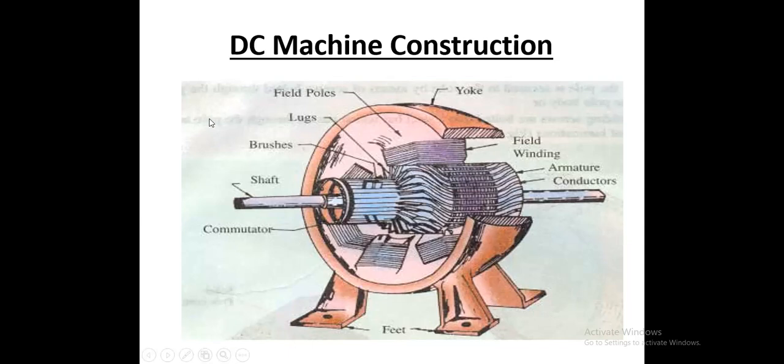Anyone have any idea why we connect or place a bearing in this DC motor? Yes, my friend. Okay, I give you a hint for this scenario. Bearing is placed on the shaft at this level and at this level, meaning the starting of the armature and the ending of the armature. Mostly we connect bearings at this level and even at this level also.